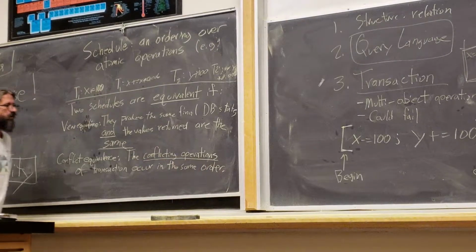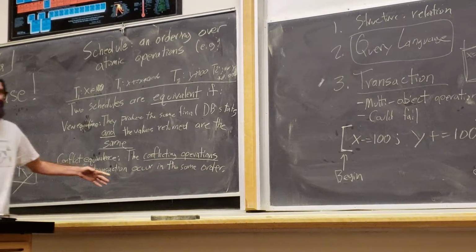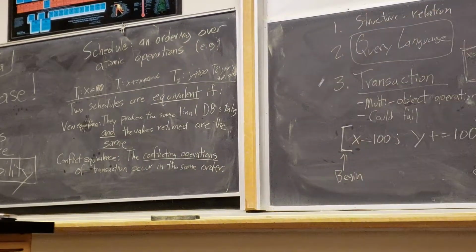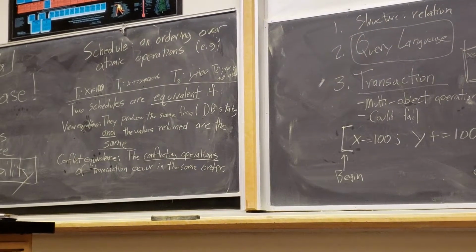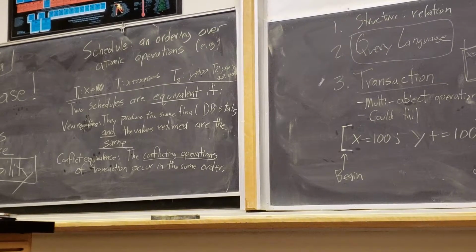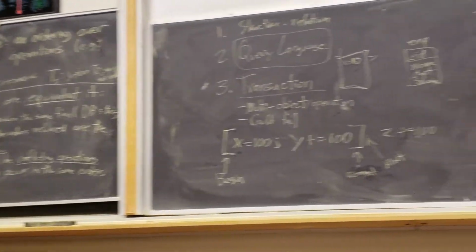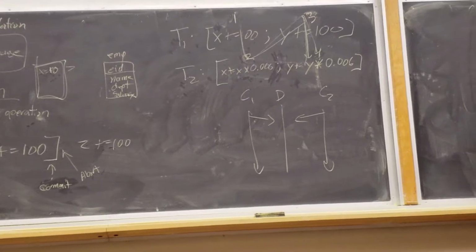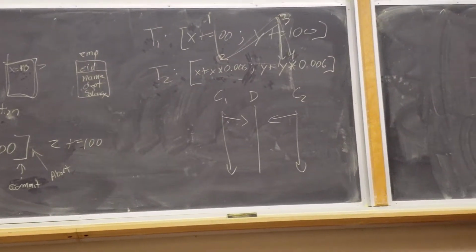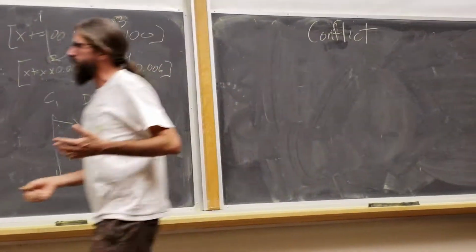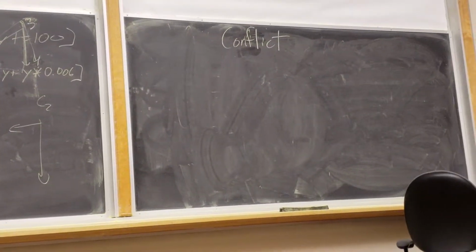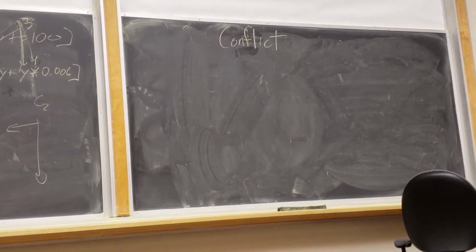Okay. It would appear that we need another definition. What the heck is a conflicting operation? Well, we talked about this a little bit in the context of rewrite storage systems. Anybody remember? We looked at three kinds of conflicts. The idea of a conflict is a pair of operations where the fact that they happen in a particular order matters with respect to what? Well, with respect to the final DB state or the values returned by reads.